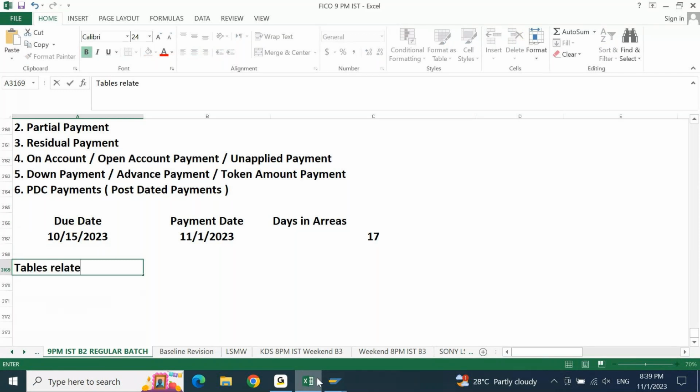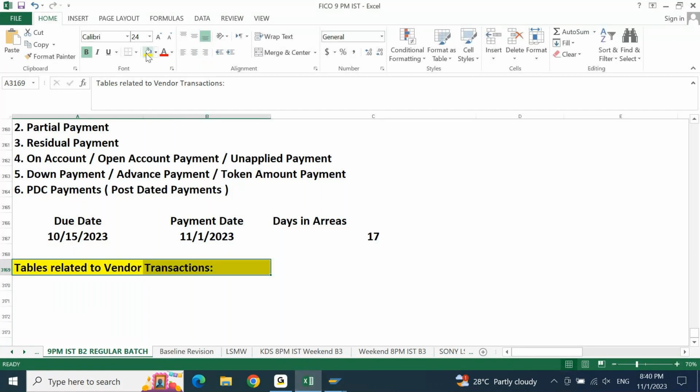Tables related to vendor transactions. So far we have seen tables related to accounting document. Now, accounting document tables, so far what we have seen was